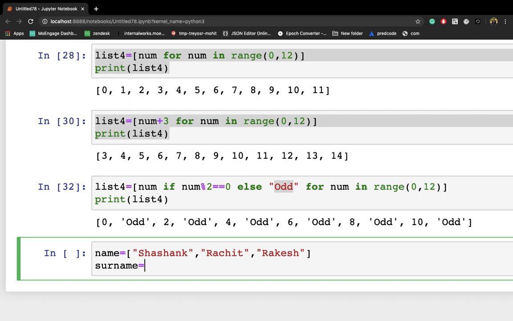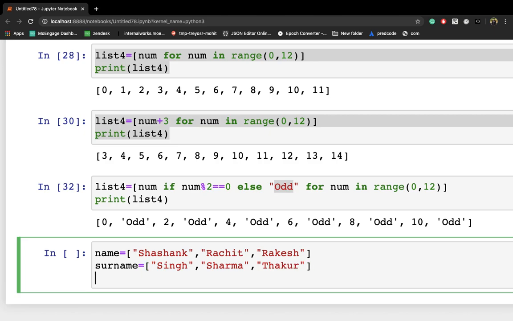Surname equals, my surname is Singh, Sharma, Thakur.